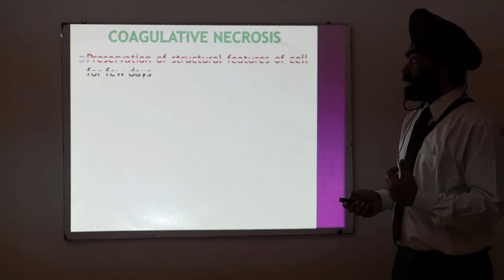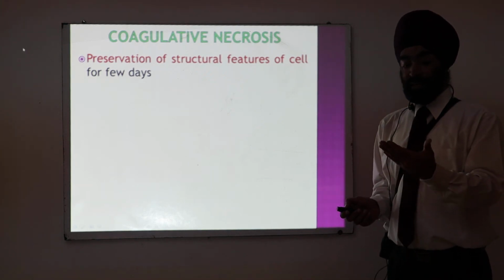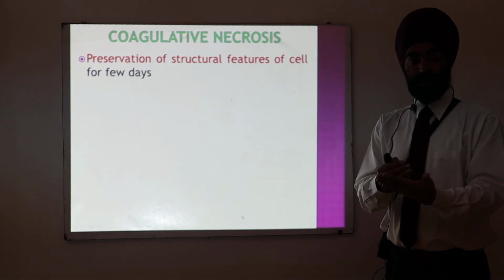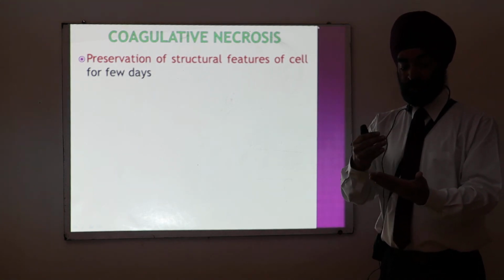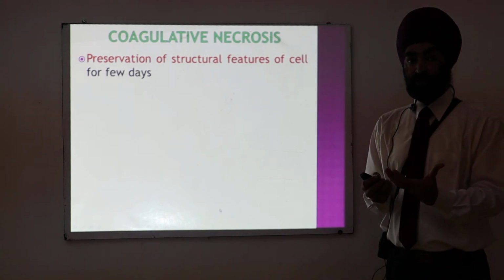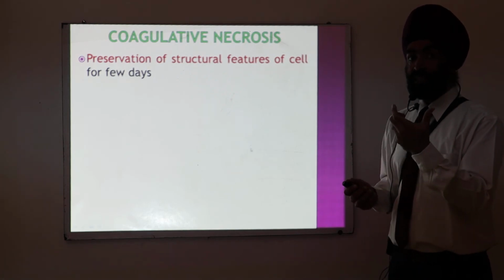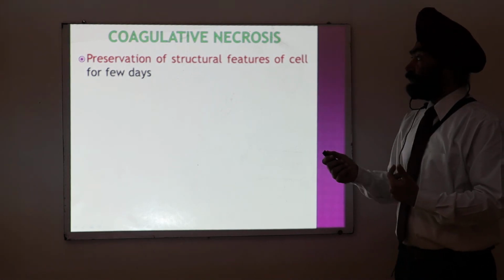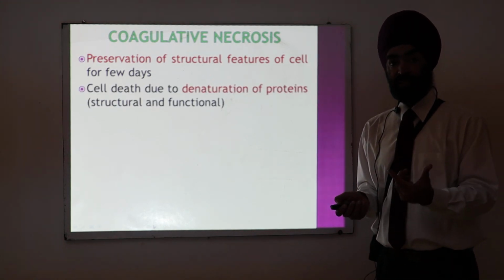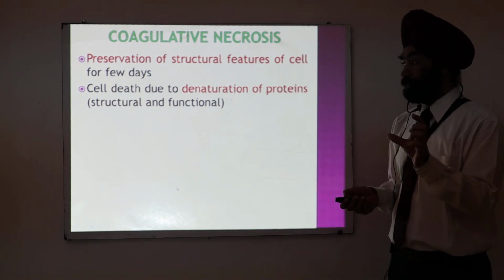What is the feature of coagulative necrosis? Now, the very important feature of coagulative necrosis is that if a cell has died by a necrotic coagulative method, then even if you see it, the cell structure will be preserved. The cell will not be very much different from a normal cell. Preservation of the cell structure is a feature of coagulative necrosis. For a certain period of time, obviously, no cell can remain in the same state if it has been dead for a very long period, but for a certain period of time, the cell structure will be maintained.